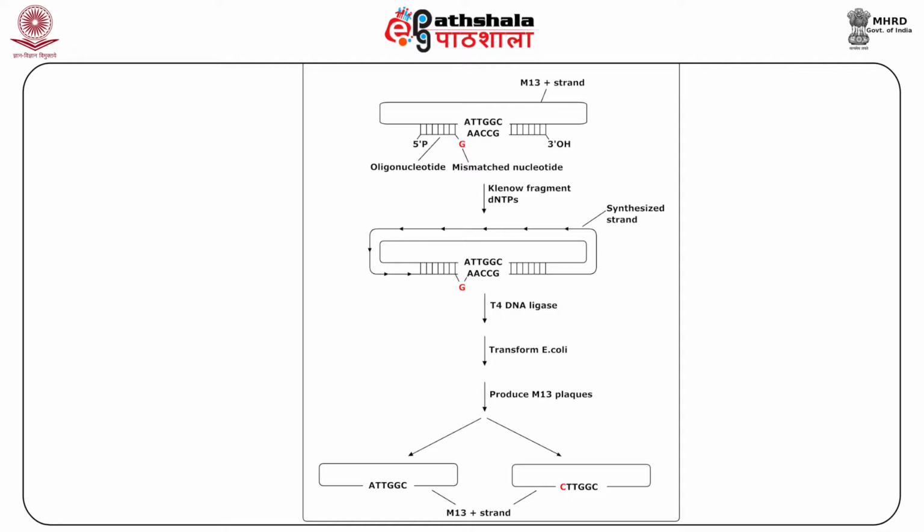So this is the usual DNA synthesis which is occurring. Klenow fragment is given, dNTPs are there. So it is going to form the double-stranded DNA with one base mismatch. Ligase is used to seal the nick, transformed into E. coli, and then various M13 plaques are produced. Now these plaques are going to have the unmutated and the mutated sequences. Half are going to have the mutated ones, half are going to have the unmutated ones. So this is how site-directed mutagenesis is performed using